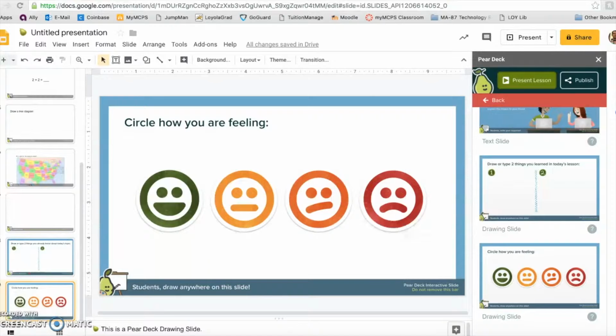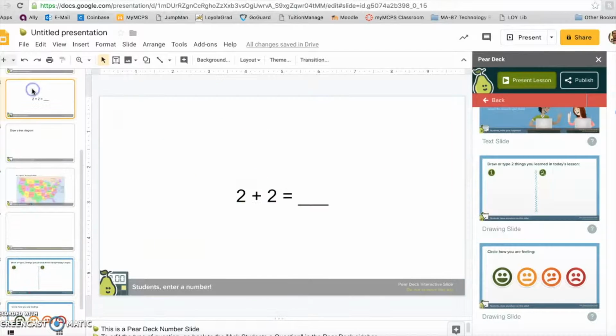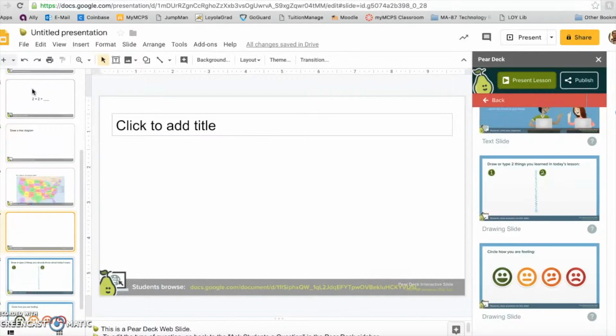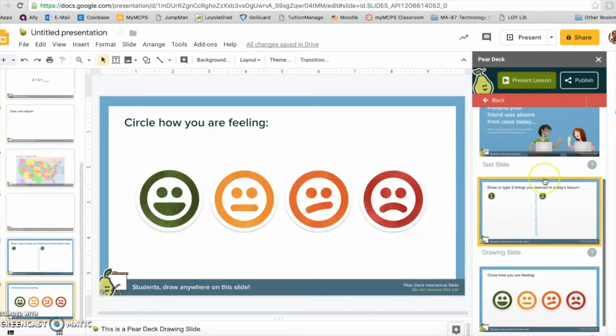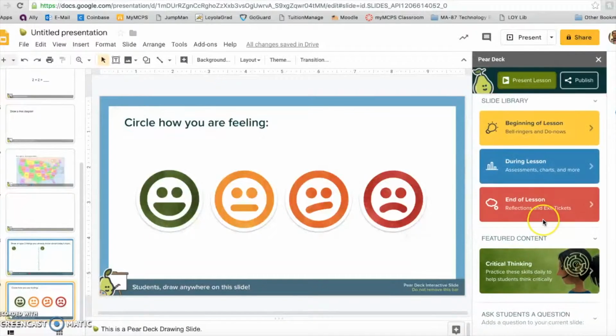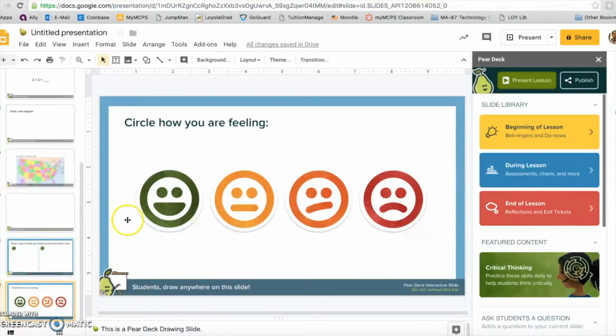In our first video, we covered how to embed the Peardeck questions into a Google Slides presentation. We covered the different types of questions that can be embedded, so we will see those in action during this presentation. We also covered some of the template slides that Peardeck has to offer, and we're going to take a look at some of those while we are presenting in this one. We are going to show you what it looks like from the teacher perspective as well as the student